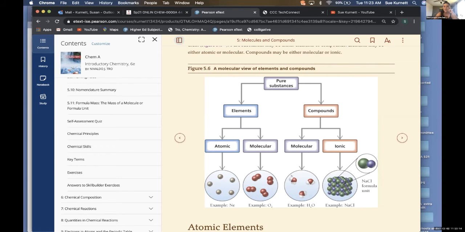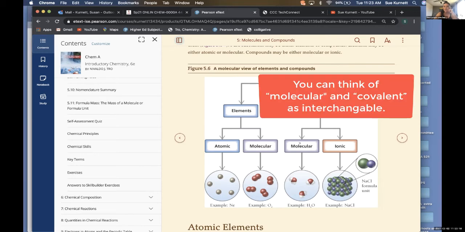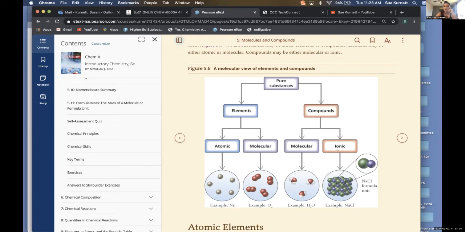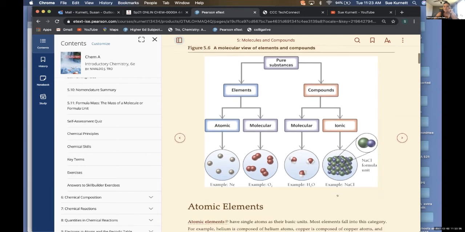There's the kind that's made from nonmetals only, or nonmetals and metalloids, by sharing electrons, that's molecular. And then there are compounds that are made when a metal loses an electron to form a cation, and a nonmetal gains an electron to form an anion, and they stick together. So this picture, I want us to focus on for a second. The difference between a molecular compound and an ionic compound, one of the important differences,